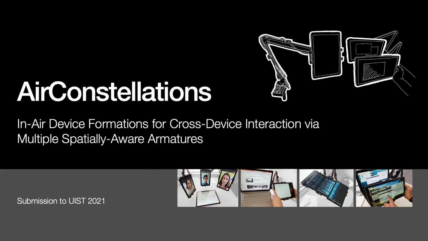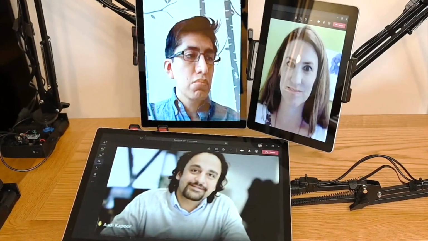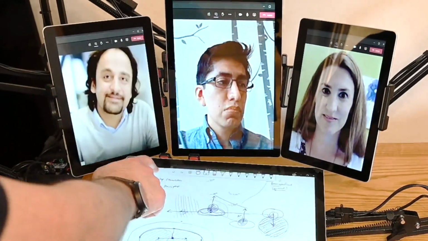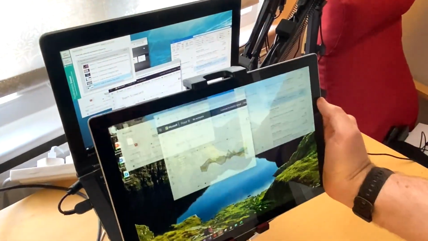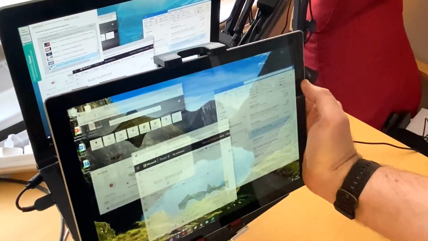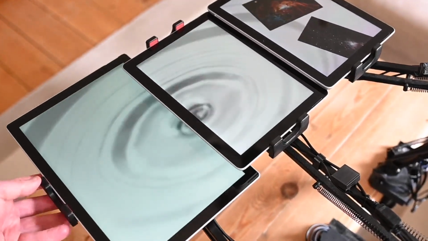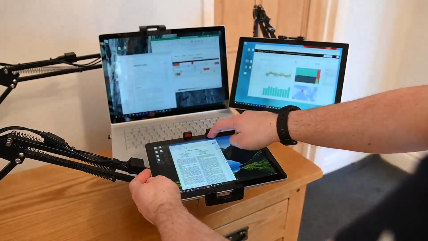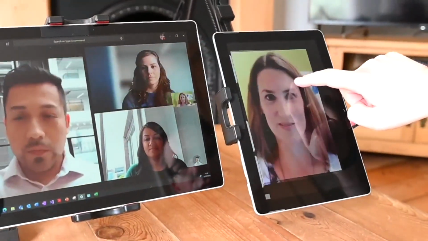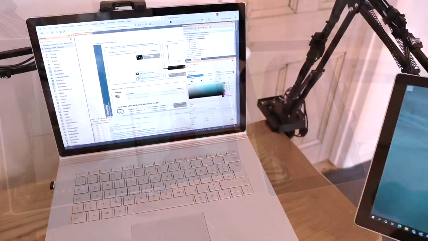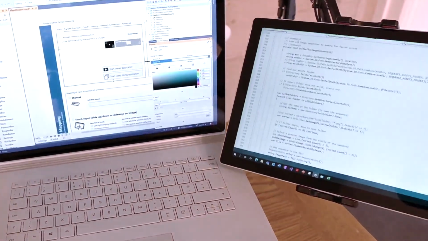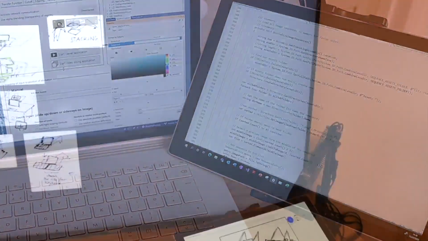AirConstellations is a new technical approach, platform, and techniques that enable flexible cross-device interactions where users can move, reorient, and pose devices together to form dynamic in-air device formations. Physical changes are sensed by multiple spatially aware, self-stable armatures that operate within the same working volume. Relative orientation, proximity, and continuous movement into and out of ad hoc device formations can afford natural transitions of content